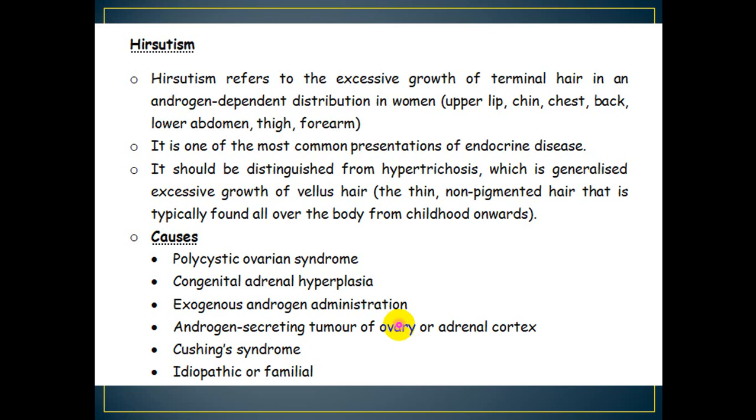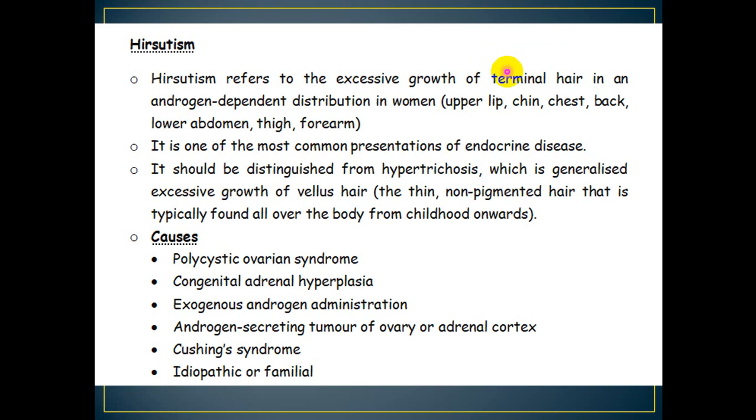Another problem in the reproductive system is hirsutism, which is defined as excessive growth of terminal hair in androgen-dependent sites in women. So hirsutism is in females, whereas gynecomastia is a problem in males. What is terminal hair? Terminal hair is typically thick, pigmented hair, black in color, and has a specific distribution, not generalized all